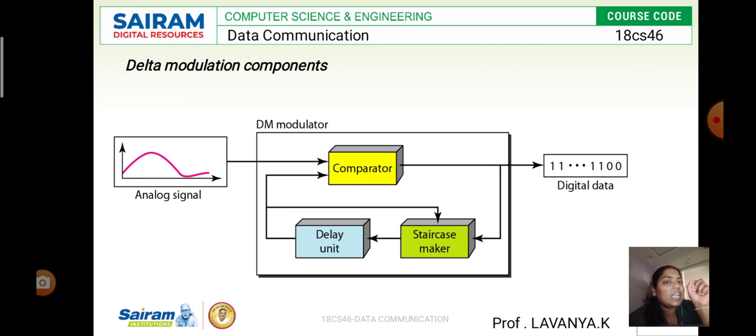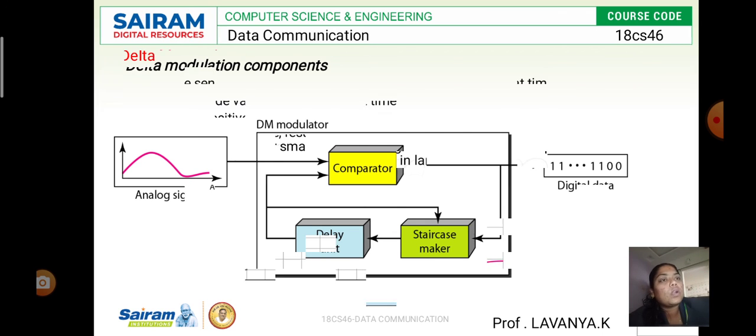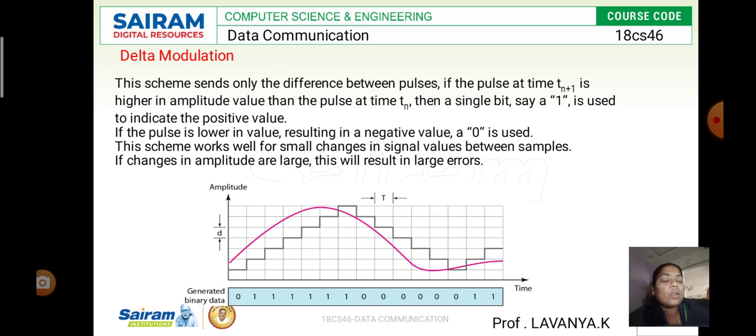Then, for each and every signal we draw, we require a delay, because we require time to draw it. So obviously delay is one of the components used in delta modulation. Finally, whatever signal we display at the end as the output should be in the form of staircase order. This is the delta modulation output.